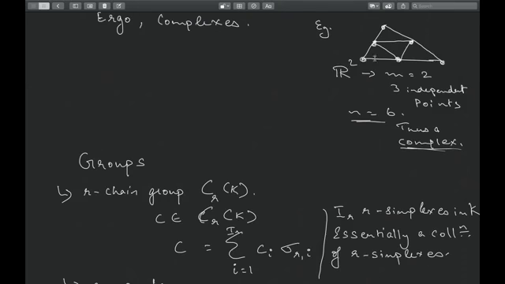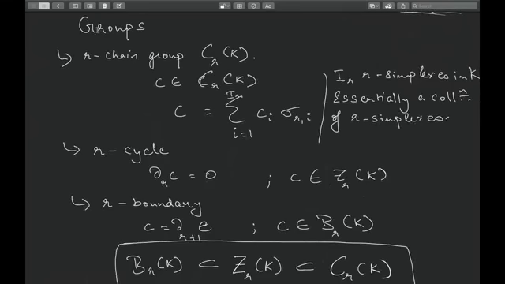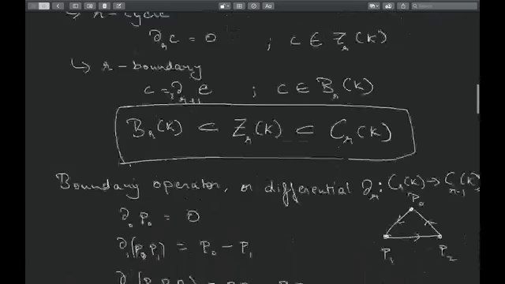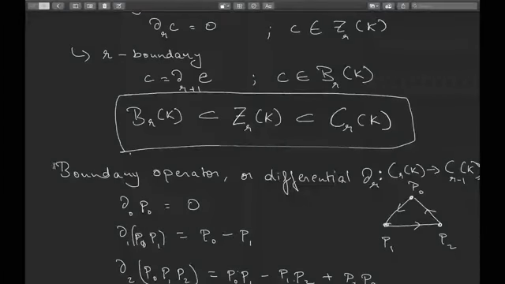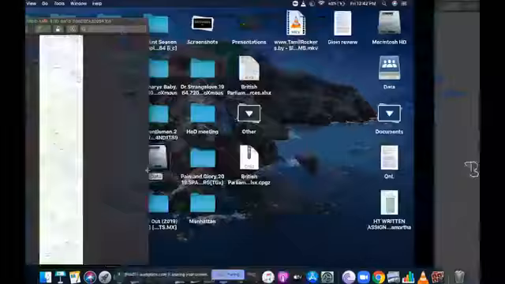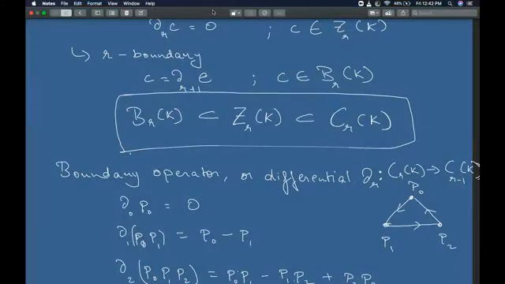Okay, so about groups, there are three basic groups that we are interested in. One is the chain group, the second is the cycle group, and the third one is the boundary group. Now we will take a quick detour and